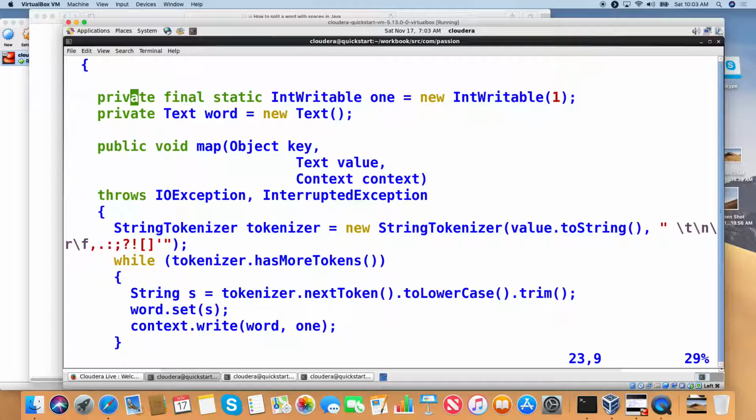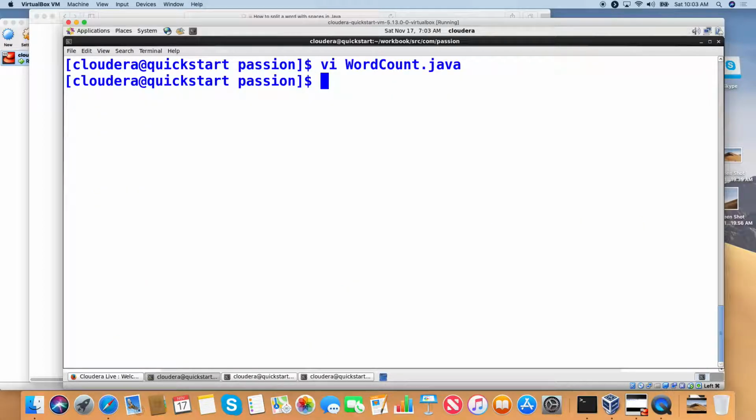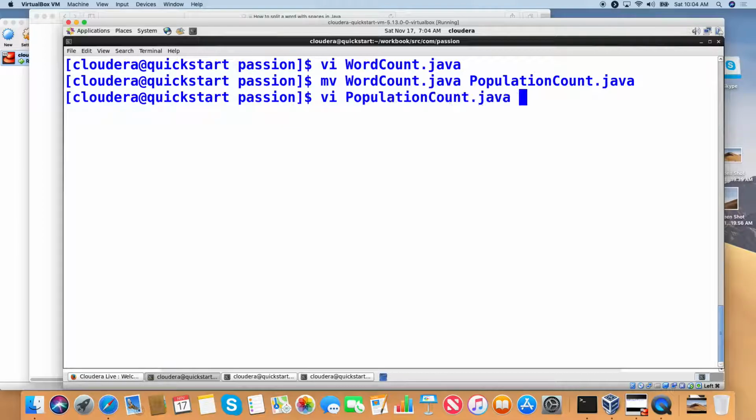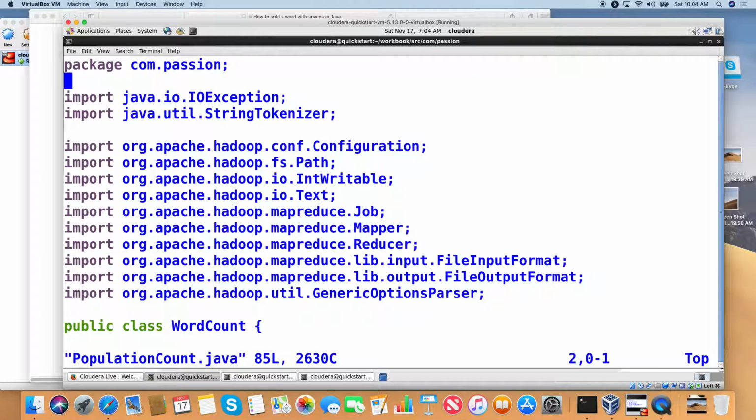I am going to change the name of the program. Move the word count as population count dot java. Don't stop by typing population count only. Then the word count dot java will become population count without the dot java, and you cannot compile. Vi population count dot java, and as all of you know, I changed the public class name because now the name of the program is